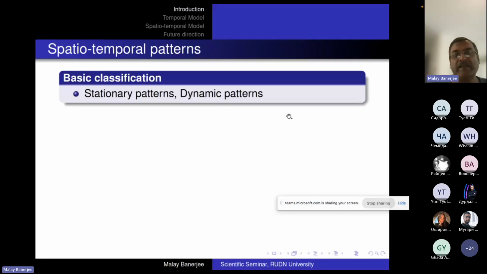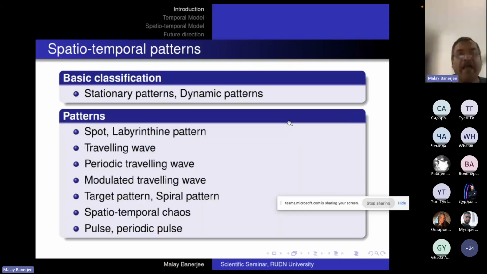So patterns can be broadly classified into 2 types. One is stationary pattern and the other is dynamic pattern. And different patterns under these 2 categories are spot and labyrinthine pattern, traveling wave, periodic traveling wave, modulated traveling wave. And for very specific choices of the parameters as well as the reaction kinetics, we can have target and spiral patterns also. In the context of resource consumer or prey-predator interaction, this type of pattern doesn't have any ecological relevance. But in the context of invasion, this target pattern or spiral pattern can be considered as a wave of invasion